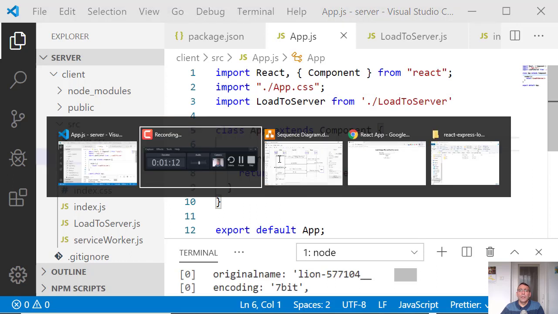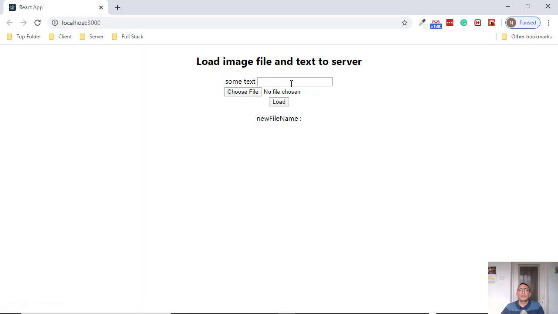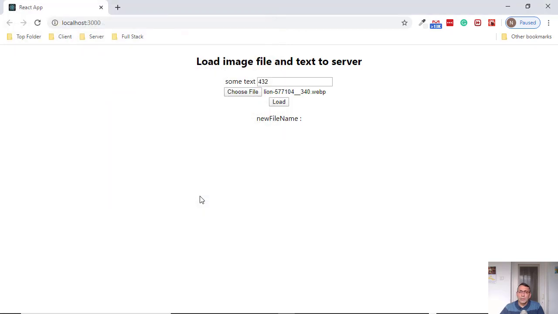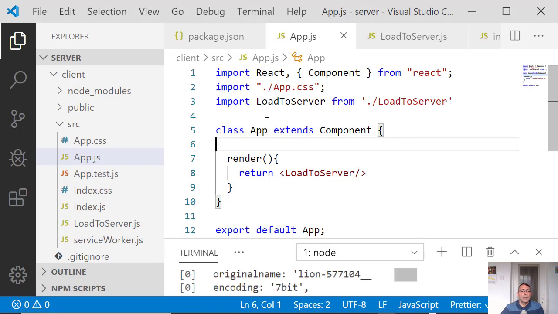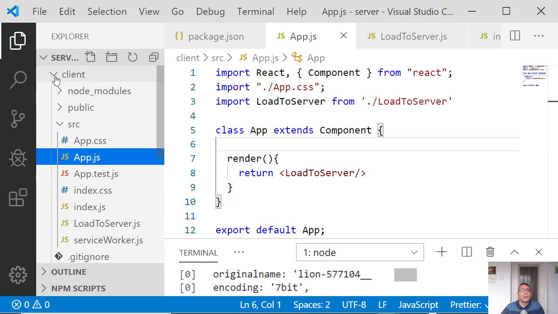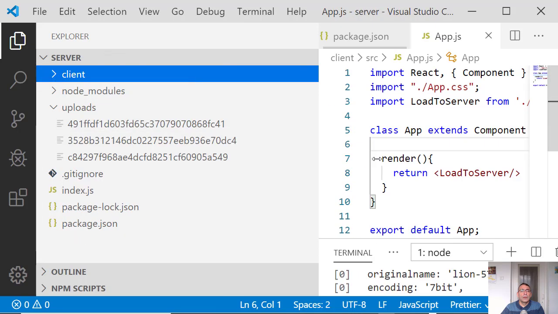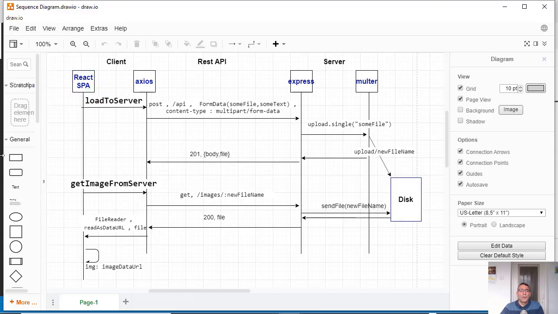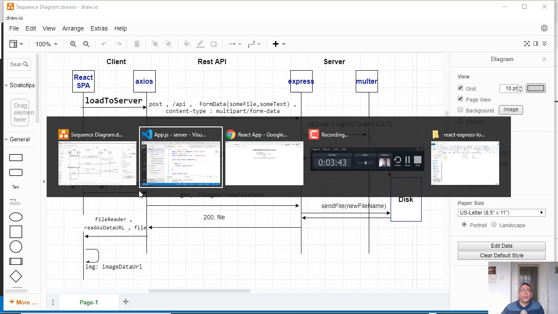Let's see that it is working. Refresh, choose a file, lion, and load. Okay, it looks like it's working. 549. Yes. Okay, and now I want to get the image from the server, so I will add a component show